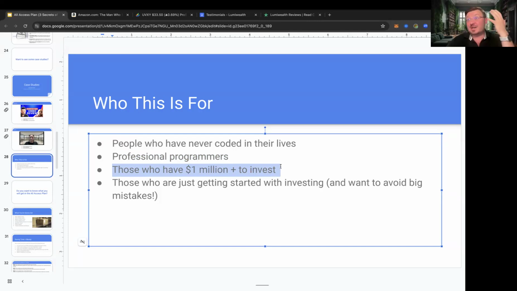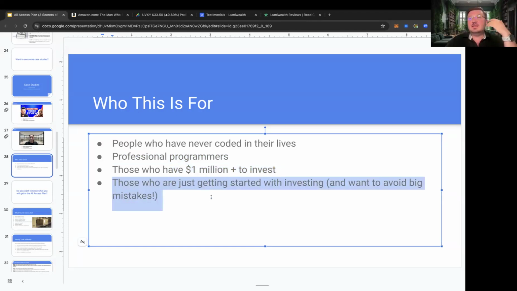So they bring us their ideas, we code it for them, and we do it that way. But you don't have to have that, right? There's a lot of people that joined us that start off with a $100 account, $200 account. You could do that too. You don't have to be someone with this giant trading account in order to profit from all this stuff too, right? So it doesn't matter if you're a coder or not a coder. It doesn't matter if you're super rich or not. You could still join our courses and get a lot of value out of all of it.